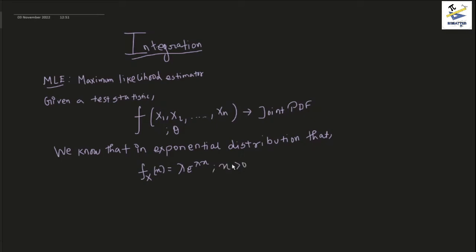Now this accounts for the fact that we can have n random data points from a random sample, and we can understand that this random sample is something we would like to maximize if a joint PDF is given. Now the joint PDF for x1, x2 and up to x10 would be